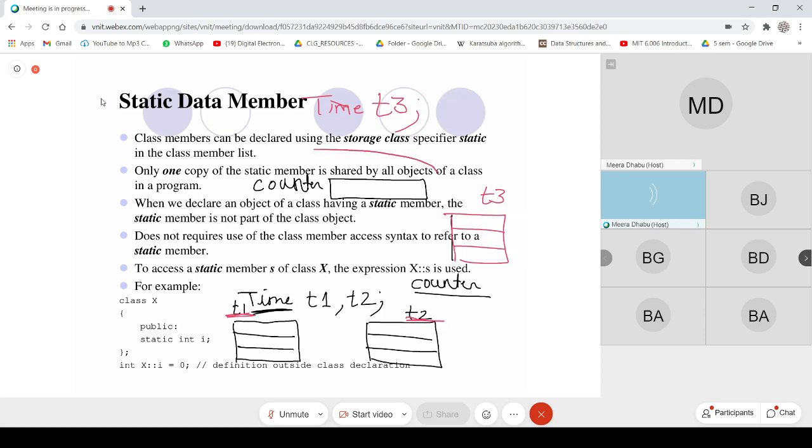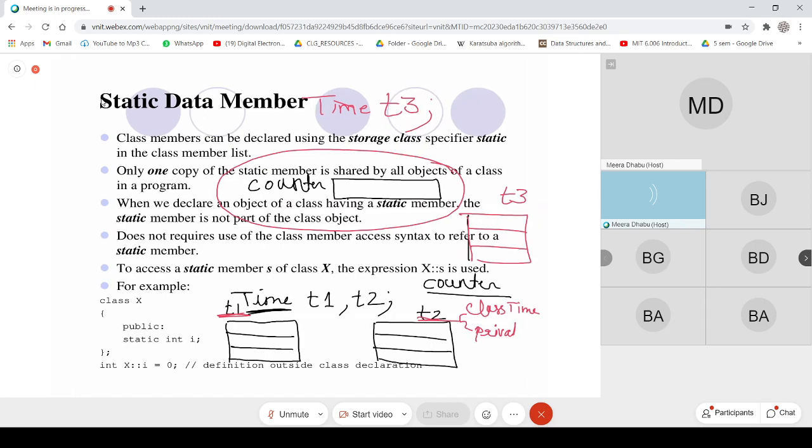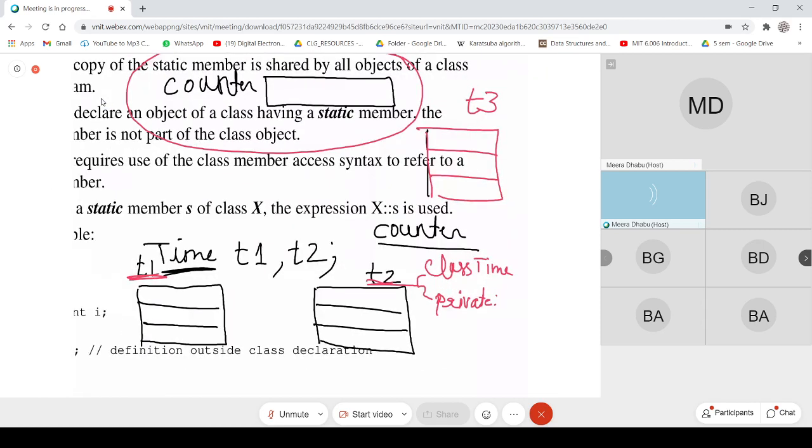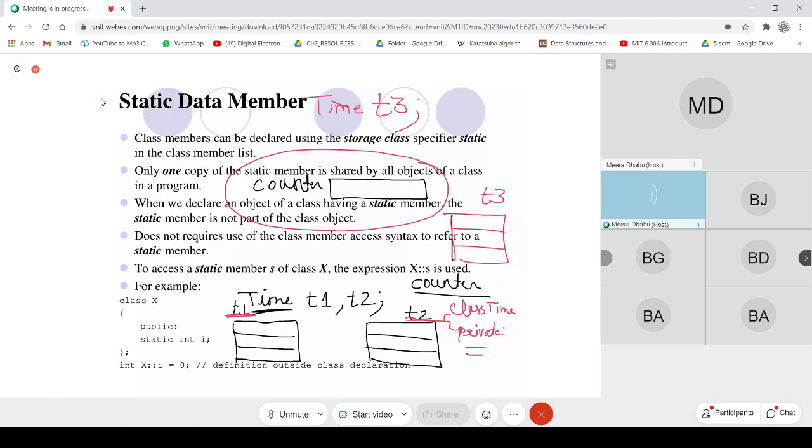Together they have only one copy of this counter, because inside the class definition Time, this is the private section, these are the 3 variables. I will not rewrite those, but in addition to that, I am saying static int counter.